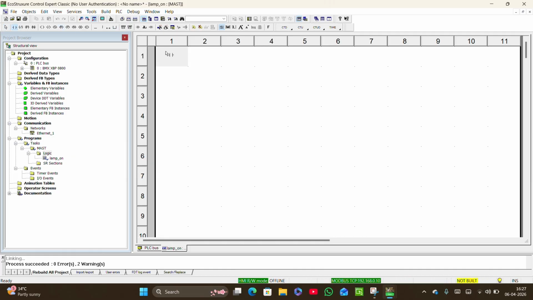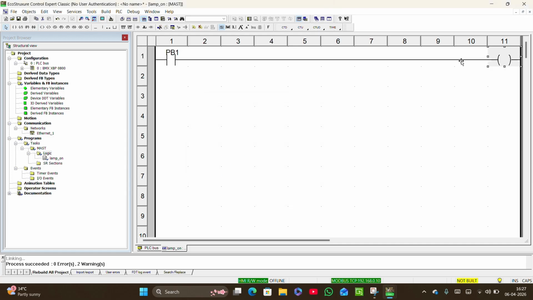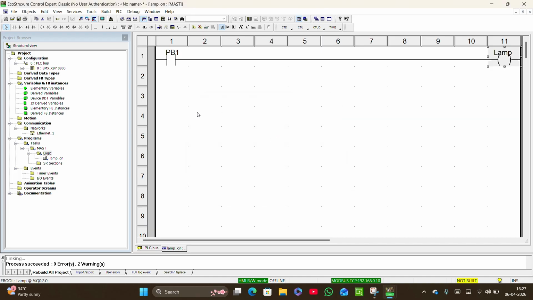Then I am selecting the normally open contact and then the output coil directly, and then double clicking on this normally open contact and selecting PB1. This is an input that we have already written. We have given the tags. You can give tags like that only. I'm using the lamp tag that we have given,